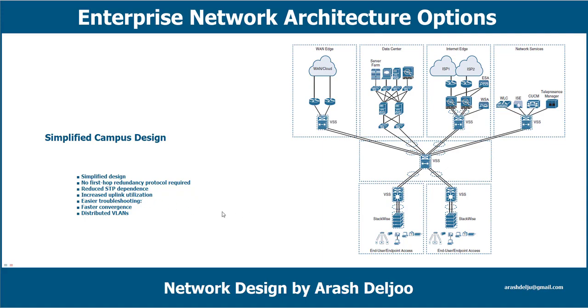And after that, about easier troubleshooting, you learn about the benefits of troubleshooting that we have here. For example, you know that because the topology of the network from the distribution layer to the access layer is logically a hub and spoke topology, this reduces the complexity of the design and troubleshooting. And then faster convergence